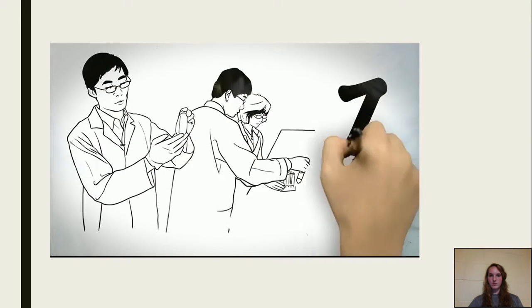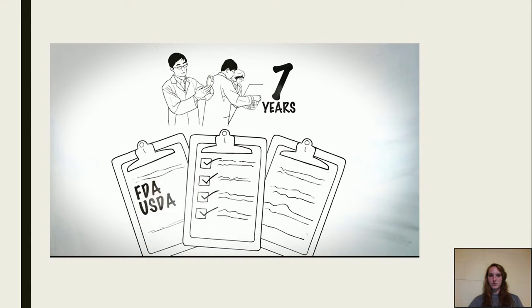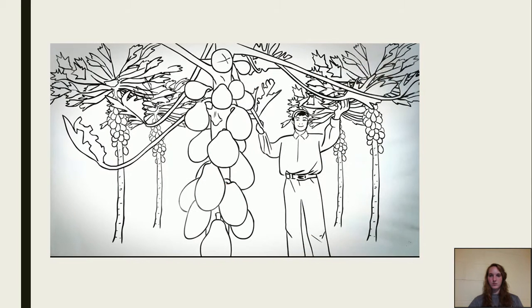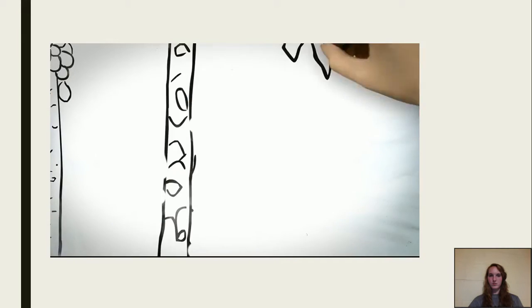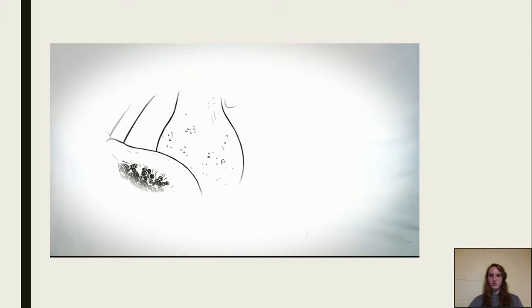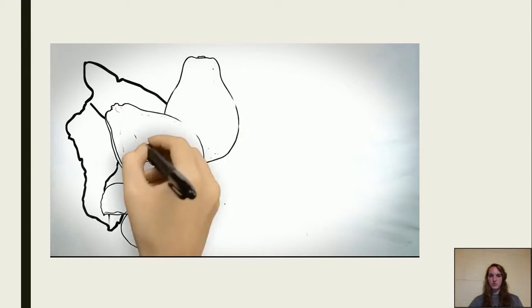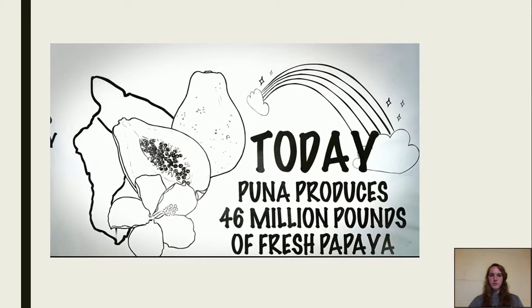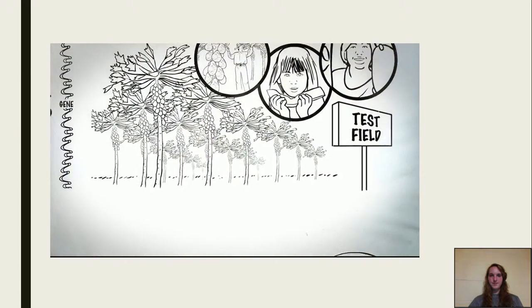These tests took about 7 years, including food safety and environmental review by the FDA, USDA, and EPA. Once regulatory approval was gained, the Hawaiian farmers chose to start using the new papaya seeds. The result? The harvesting of the new PRSV-resistant papaya began in 1998, and by 2001, the industry had rebounded, producing 46 million pounds of fresh papaya, free of PRSV. This kept the vibrant papaya industry alive in Hawaii, and ensured consumers had access to high-quality papaya and papaya juice